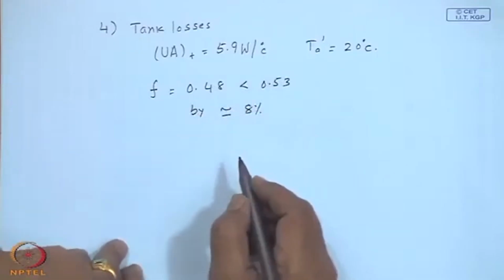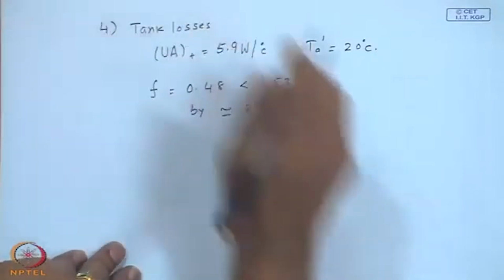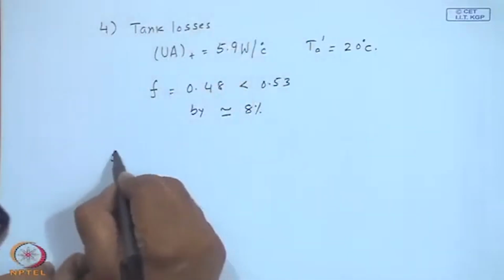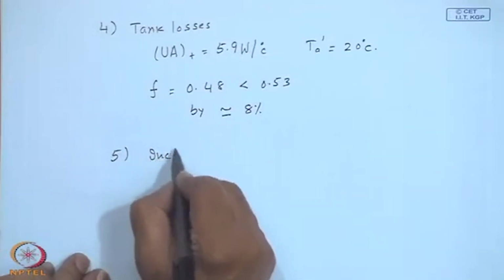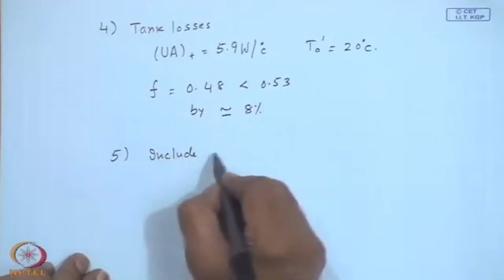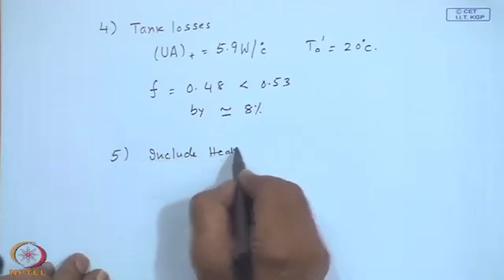That is the effect of including the tank losses. Now, we shall go ahead and include a heat exchanger